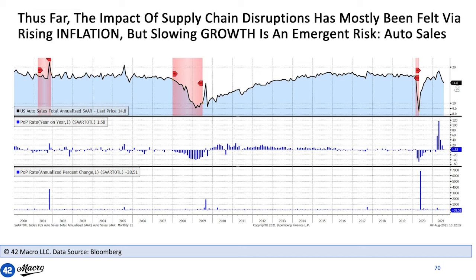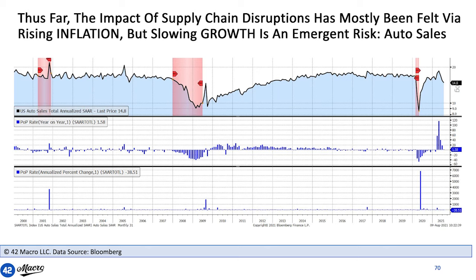Thus far, the impact of supply chain disruptions has been mostly felt via rising inflation as opposed to slowing growth. But slowing growth is an emergent risk. And we're showing auto sales, which I believe in the month of July contracted at a 39% annualized rate. That is pretty meaningful. So we need to be aware that, okay, at some point,